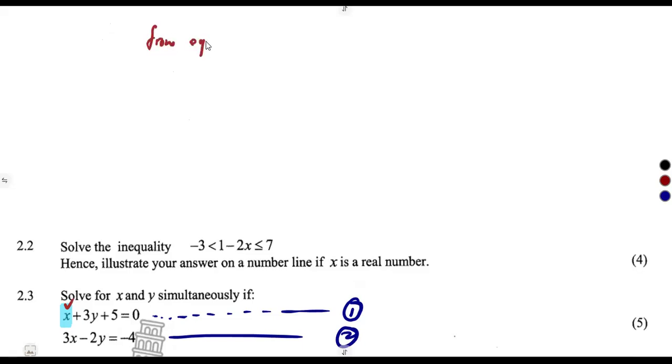Make x the subject. So meaning to say, we are going to have it as x is equal to